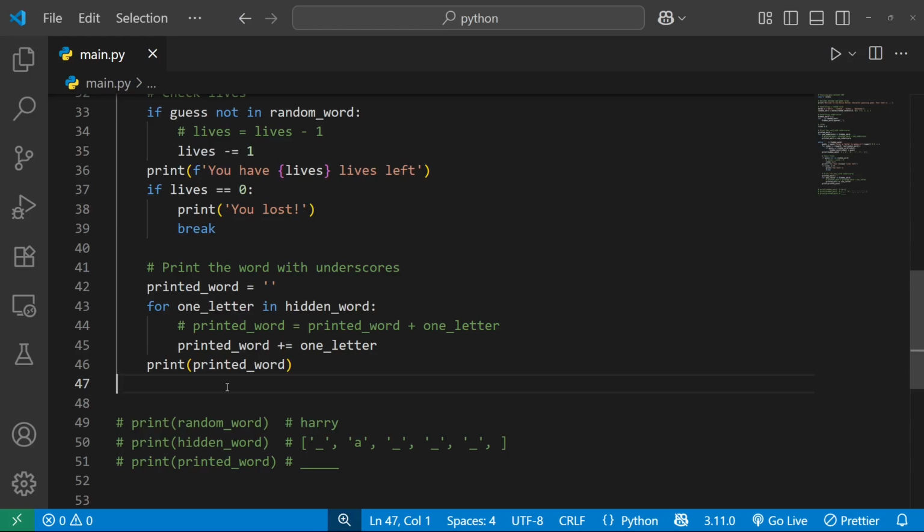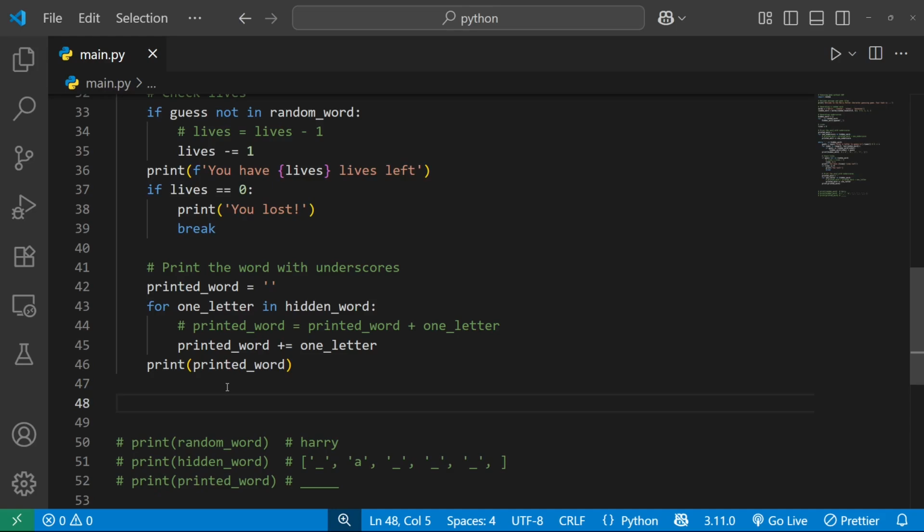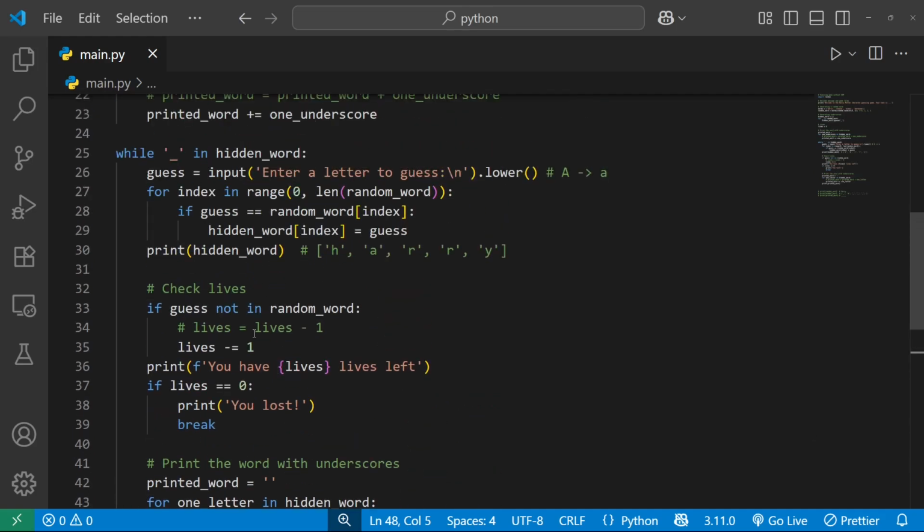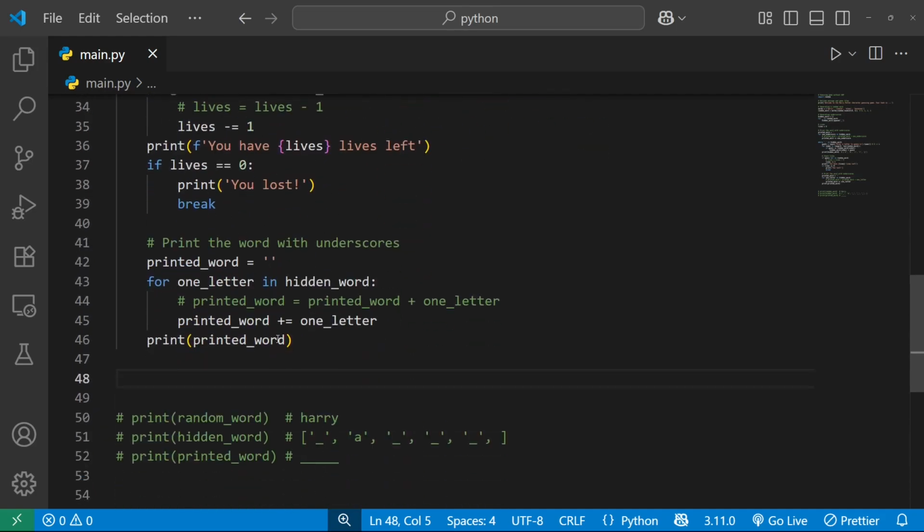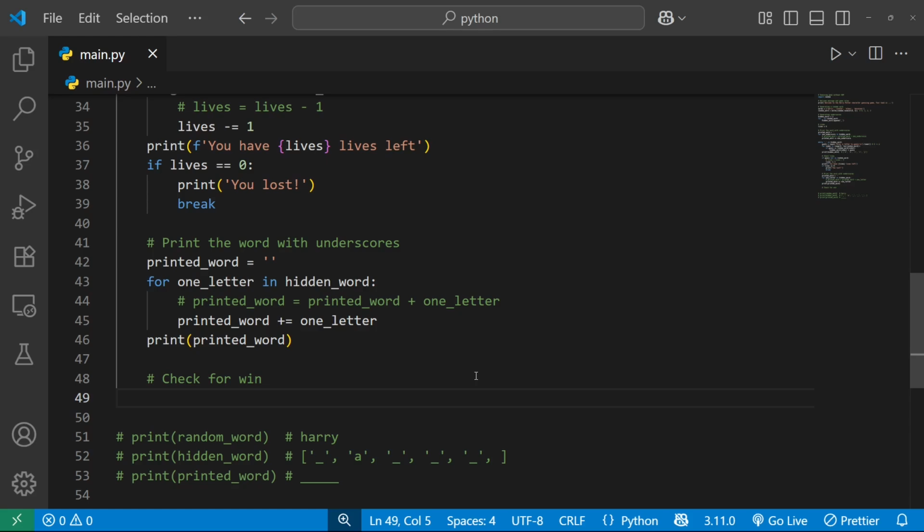And the last step is to check for win. So we didn't check if the user or the guesser wins. So it will be here, check for win, and it will be a condition, and there will be an if statement. If